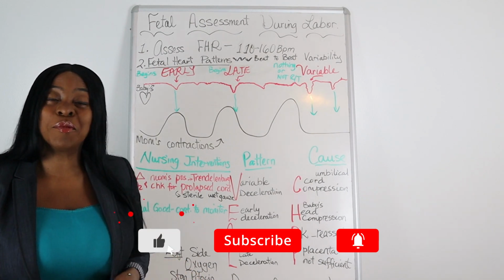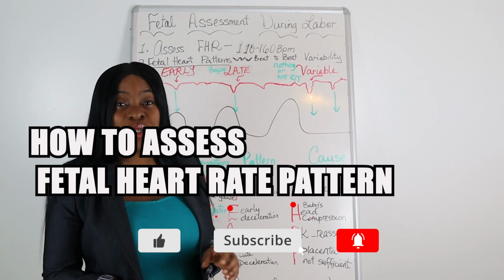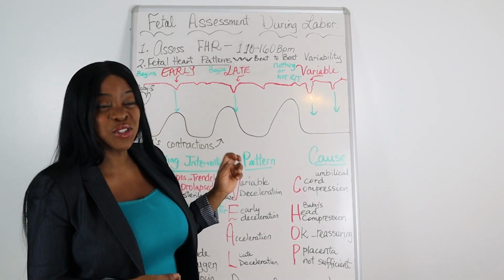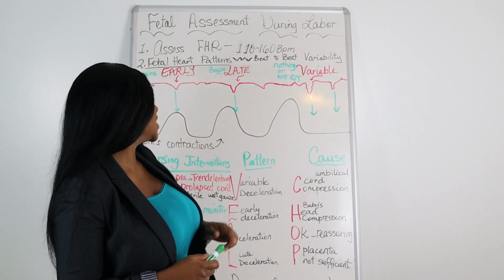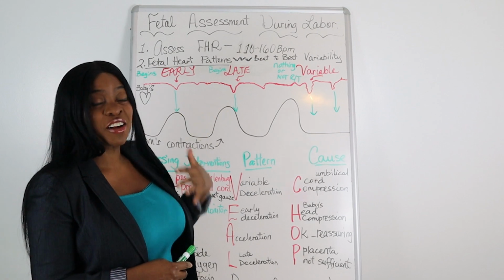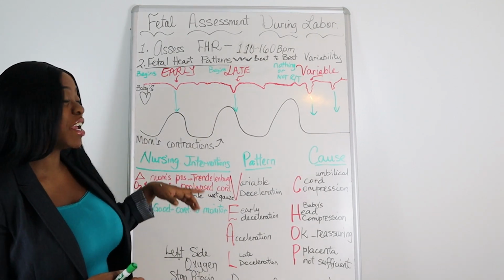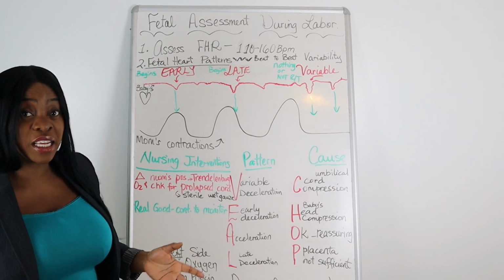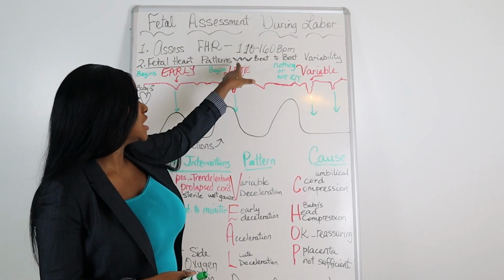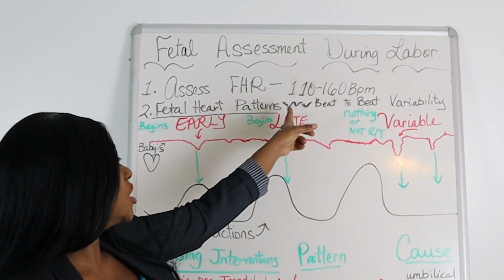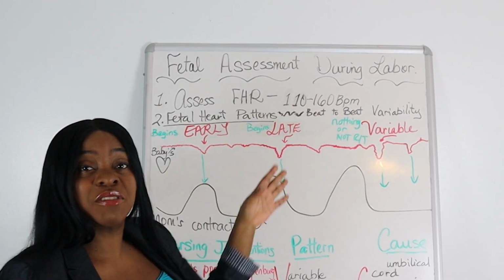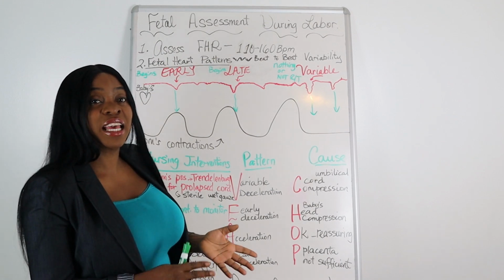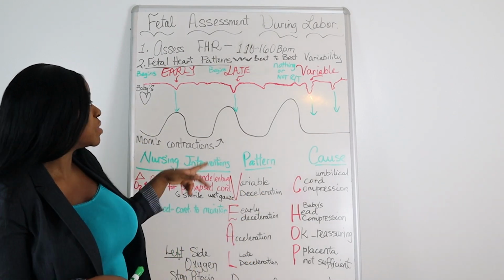So today we're going to talk about maternity nursing, how to assess the fetal heart rate pattern. A lot of students struggle with this in nursing school, and it's not that bad once you understand it. To assess the fetal heart rate, what we think of as stable heart rate is usually considered 110 to 160 beats per minute. Bear in mind that we don't want to see smooth lines on our strips. We want to see beat-to-beat variability because that's our reassurance that both the sympathetic and parasympathetic nervous system in the